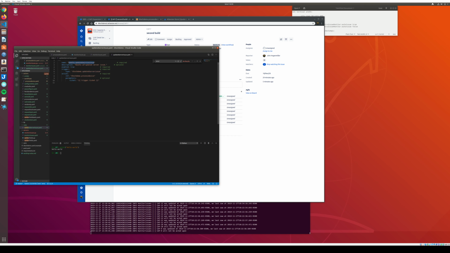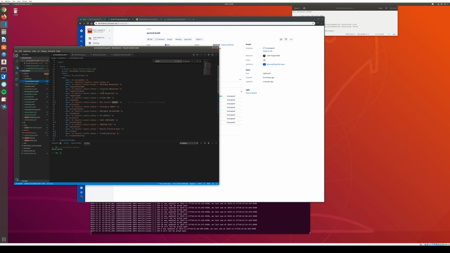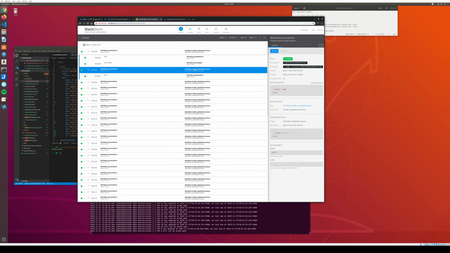That's an old name from an example service issue. It should be server. And this looks for the trigger of type update server issue, and it calls the action process device, which is this workflow I showed when we first went down here. So if we go into StackStorm,